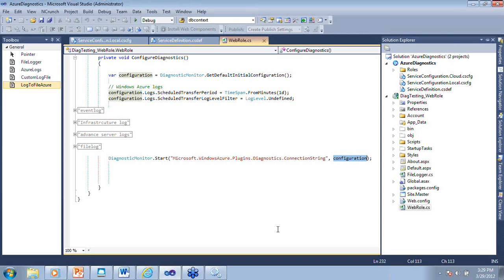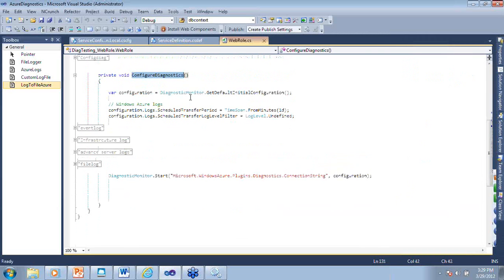So on start, I'm just calling a method called ConfigureDiagnostics, and in ConfigureDiagnostics, I'm taking the default initial configuration. We have already seen this line of code in the PowerPoint presentation. So this static class DiagnosticMonitor is going to give me the default configuration, and then if I look here